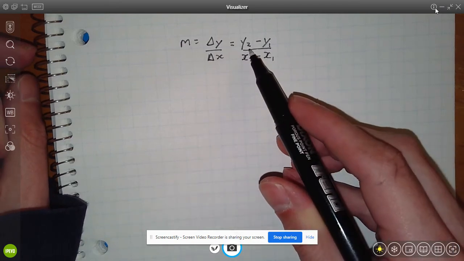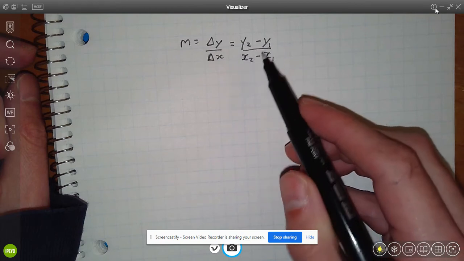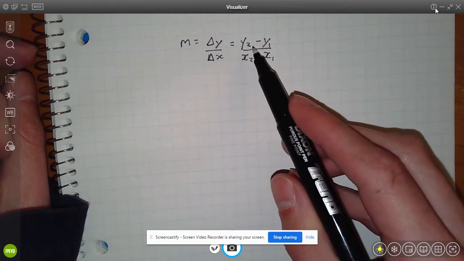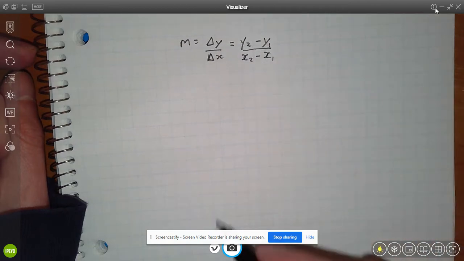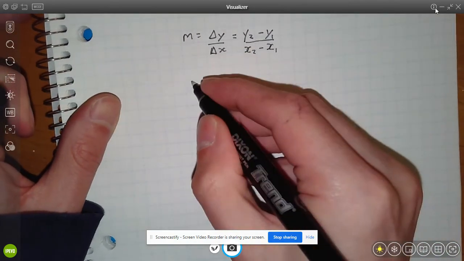When I have small numbers at the bottom of a variable, we call this a subscript, and those are just labels or names. So I'm calling my coordinate y2, so it doesn't mean squared. Squared would be a superscript above. It's just a label. So let's try to find the slope